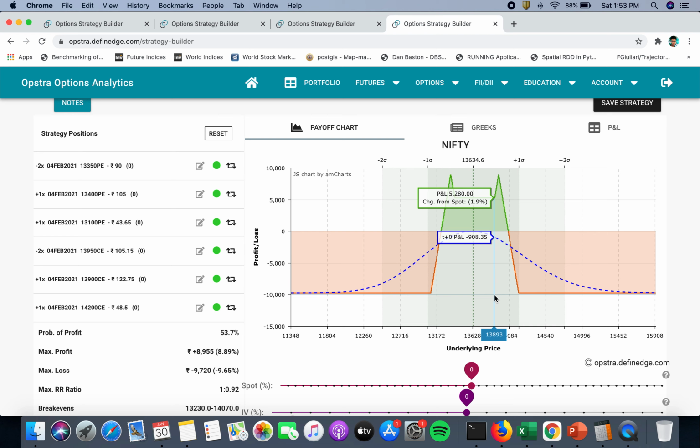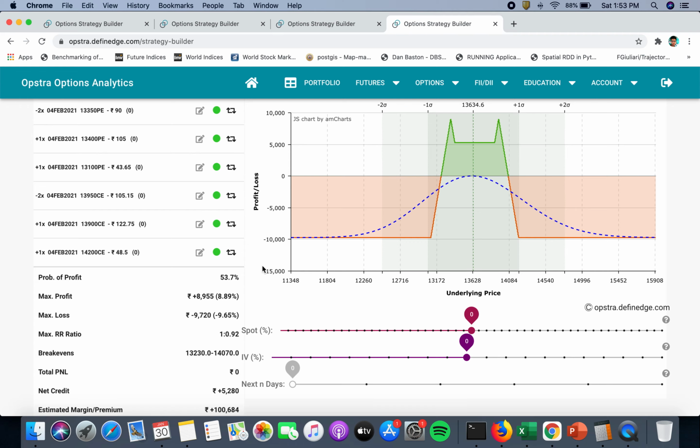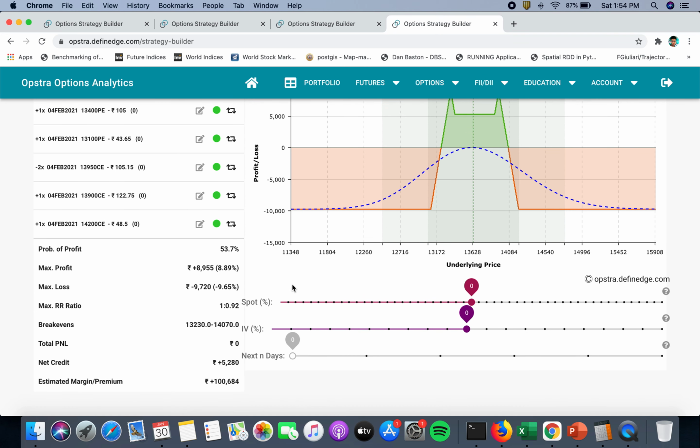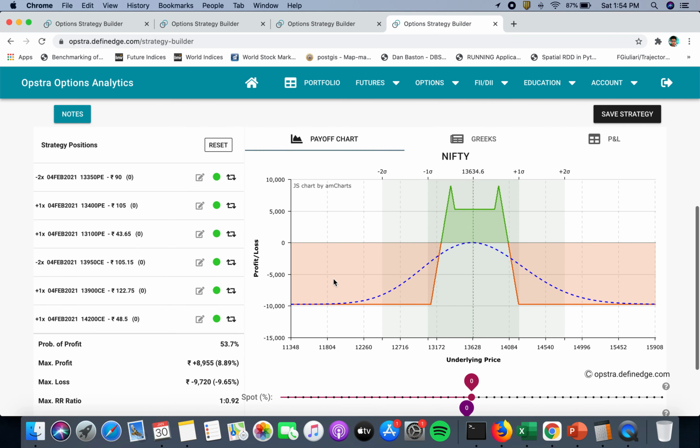Again, just compare all of these, just look at the Greeks, design it yourself, look at the payoff diagrams, look at different scenarios, and then choose each one depending on how much margin you have and how much risk you can take. And again, second point is that all are risk defined strategies, and these are completely hedged strategies which have a defined loss. So you need not worry about an unlimited loss. As generally people say that option selling comes with a risk of unlimited loss, but that is really not the case if you perfectly hedge your strategies as we have done here. And another point is that all of these have a more than 1:1 risk to reward. So again, it's great from that point of view.